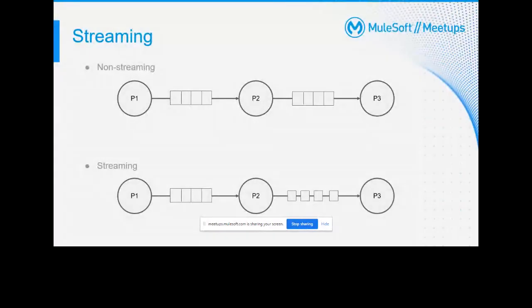So we have two cases, non-streaming as well as streaming. Let us suppose we have a CSV record with headers, and under this we have four records: record one, record two, record three, and record four. In the case of non-streaming, we can imagine processor P1 is a listener, P2 is a transform message, and P3 is a set payload. If we are not streaming the data,